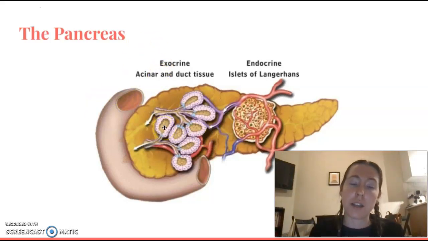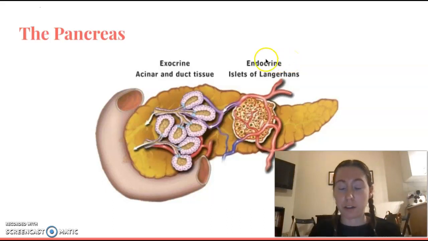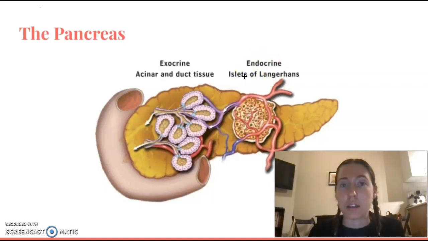The pancreas is considered to be both an exocrine and an endocrine gland. When we're talking about the pancreas as an endocrine gland, we are typically talking about the secretion of insulin and glucagon and their role in regulating the blood glucose level. However, today we are talking more about the exocrine function of the pancreas, and in the exocrine tissue of the